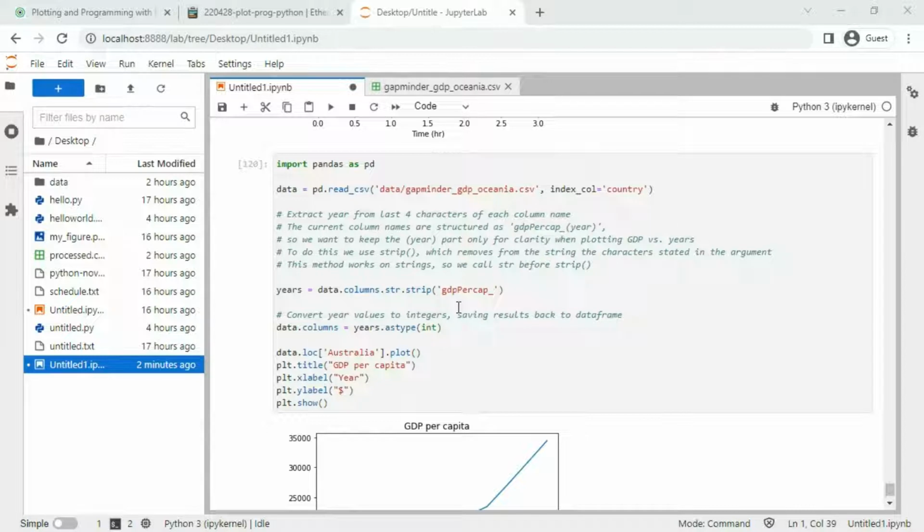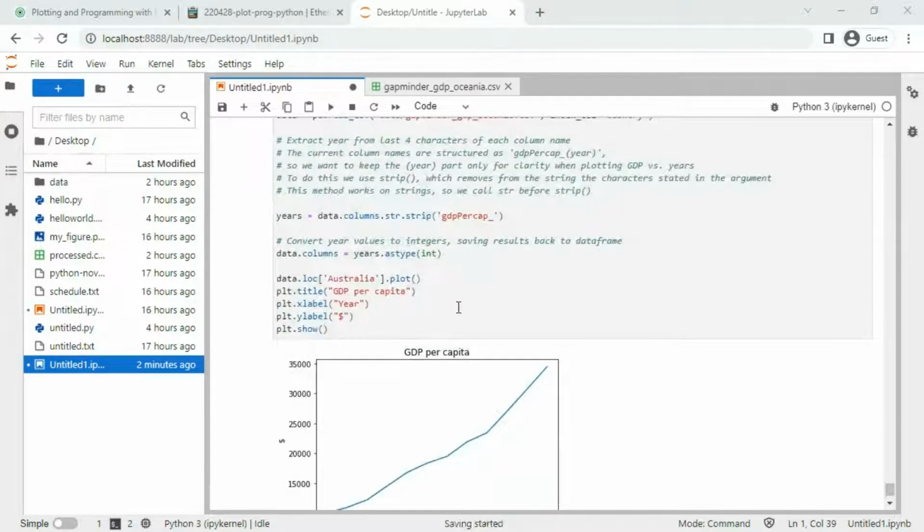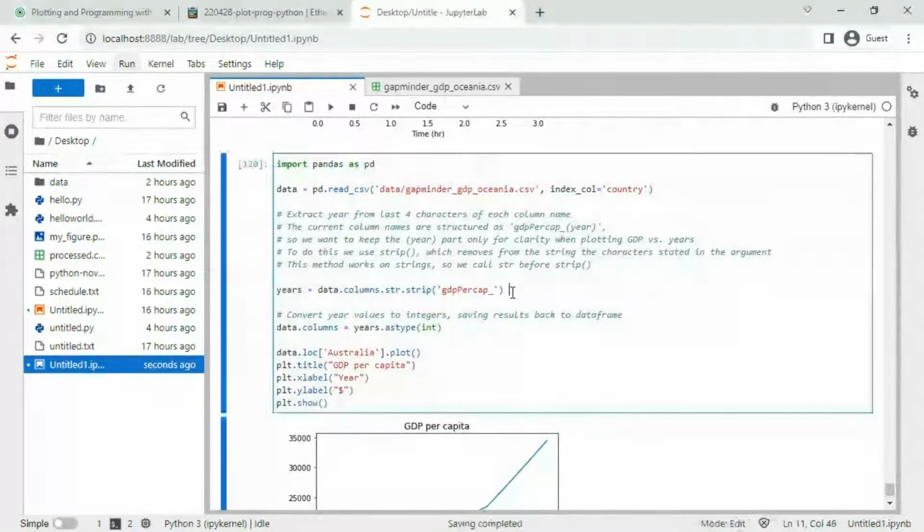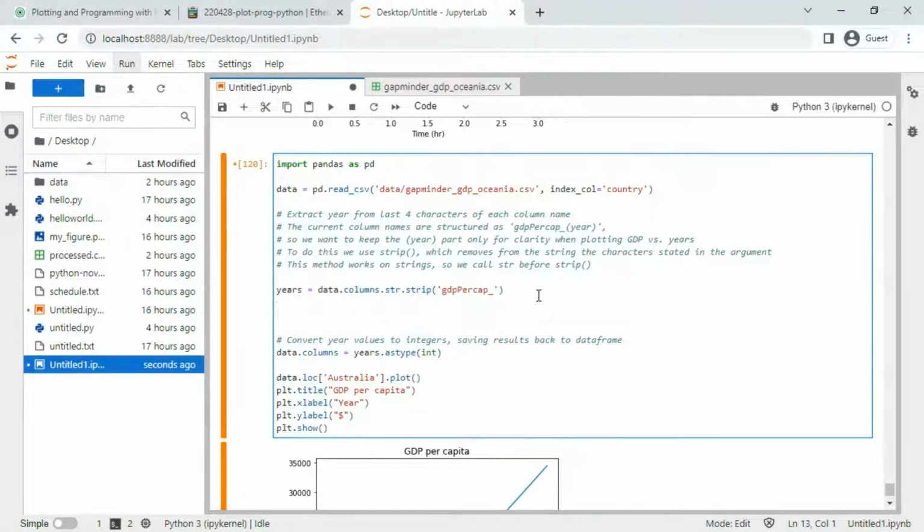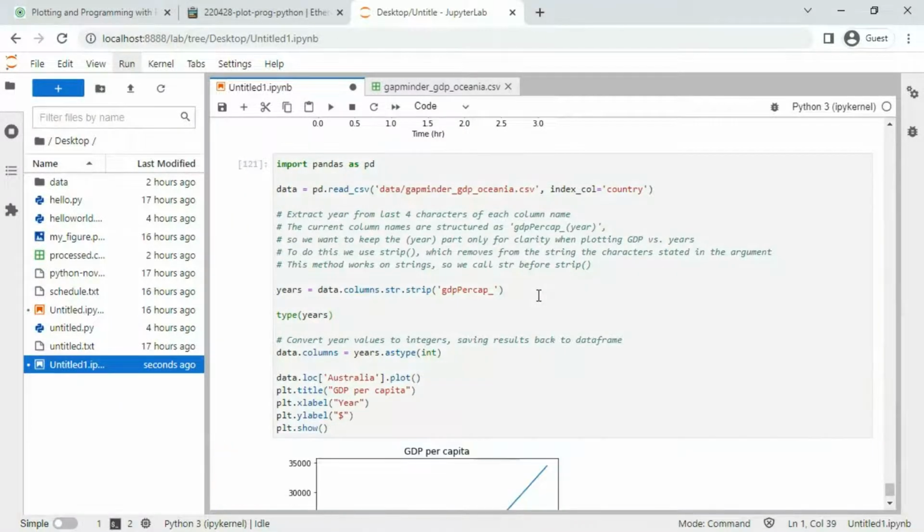Is that because you've basically stripped that GDP per cap prefix, and really years is now a string, so that needs to be converted into an integer? Yeah, exactly. Yeah, that also we can, if we do type years, this will tell us